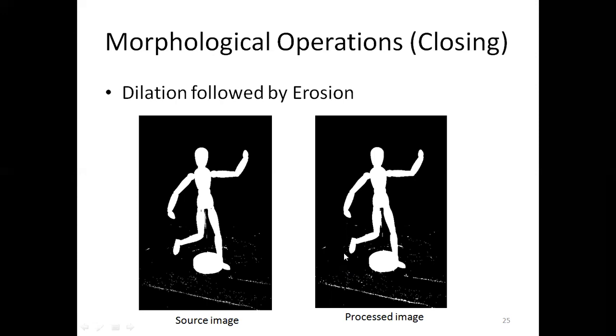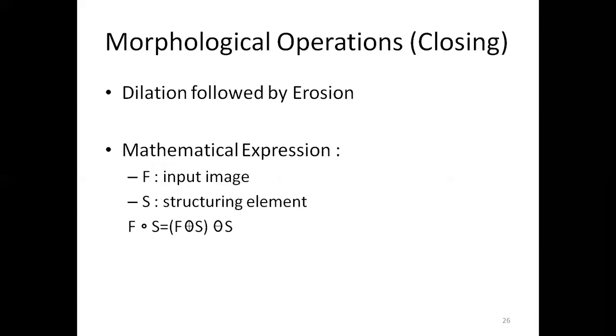All these operations are totally dependent on the application need. Somewhere we only need to apply erosion, or somewhere we need to apply erosion and dilation, that is opening. So based on the requirement, we can apply any of the four operations. And yes, this is the mathematical explanation for the closing operation. First we apply the dilation to the source image, and then the resultant image has erosion applied with the structuring element.